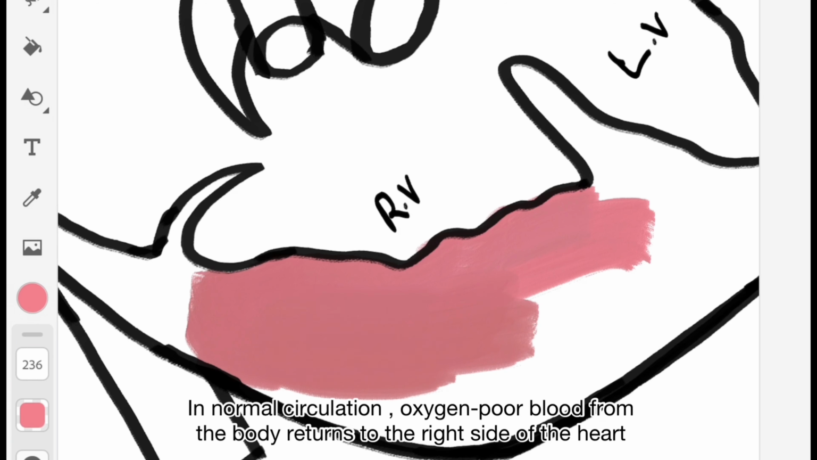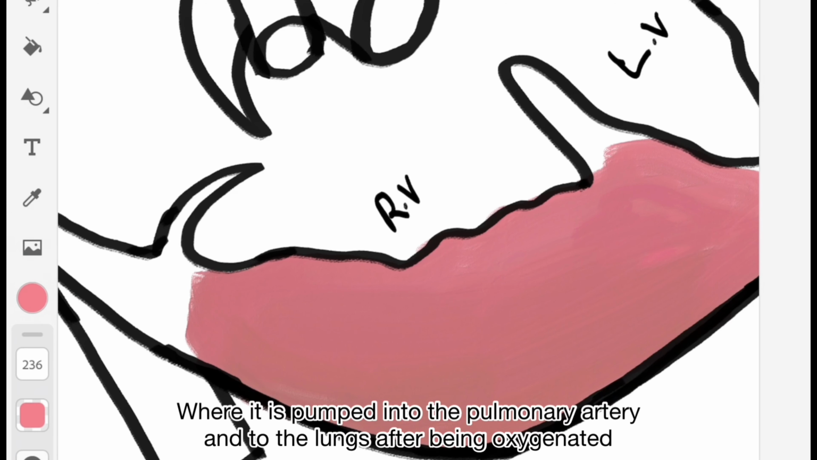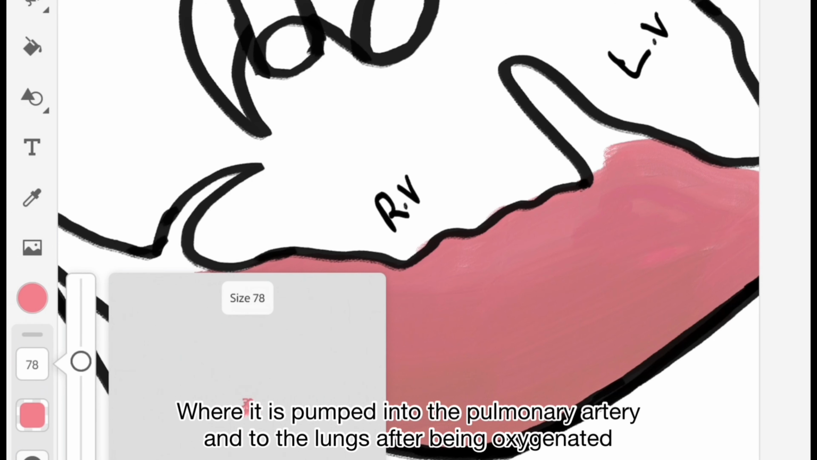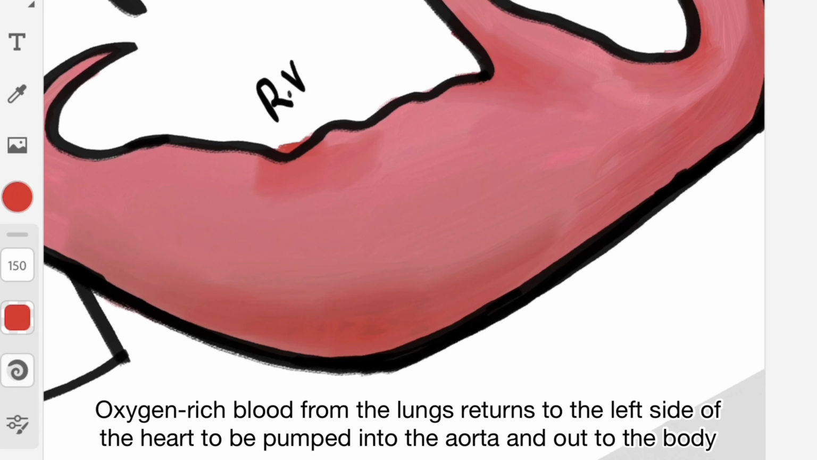In normal circulation, oxygen-poor blood from the body returns to the right side of the heart where it is pumped into the pulmonary artery and to the lungs after being oxygenated. Oxygen-rich blood from the lungs returns to the left side of the heart to be pumped into the aorta and